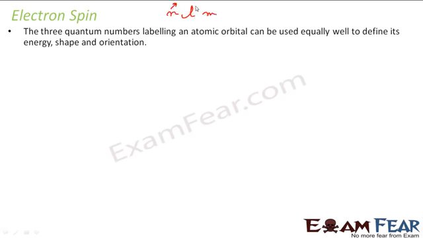So we have got 3 quantum numbers: n, l and m. The principal quantum number, azimuthal quantum number, and magnetic quantum number. They are not sufficient to predict the atom. They are sufficient to pinpoint the orbitals. With n, l and m, we can tell which orbital it is. But in an orbital we have 2 electrons, so we can't tell which electron we're talking about. So we have one more quantum number called